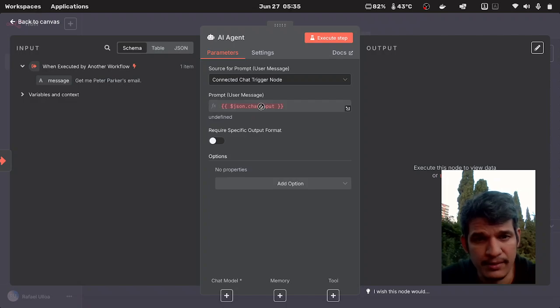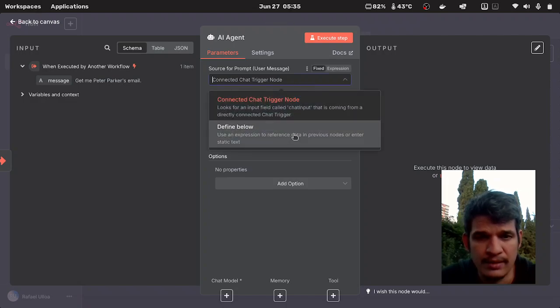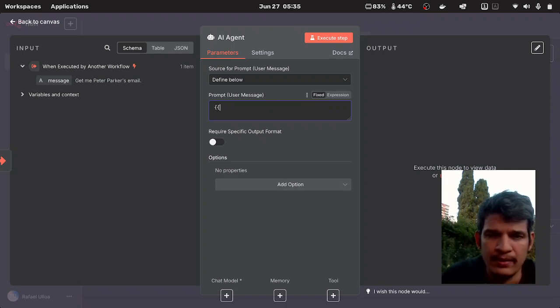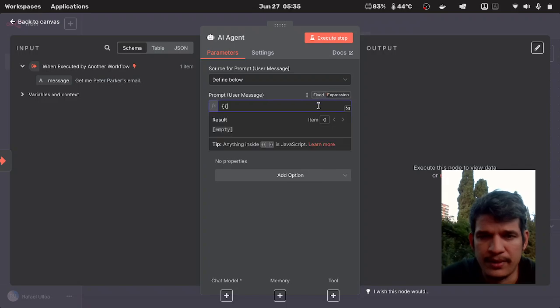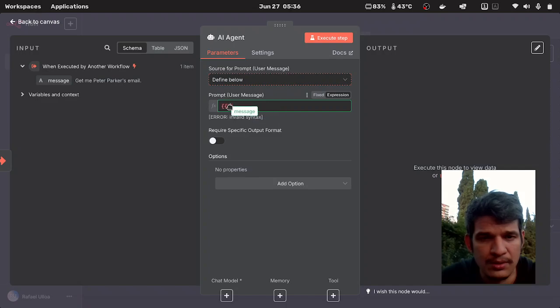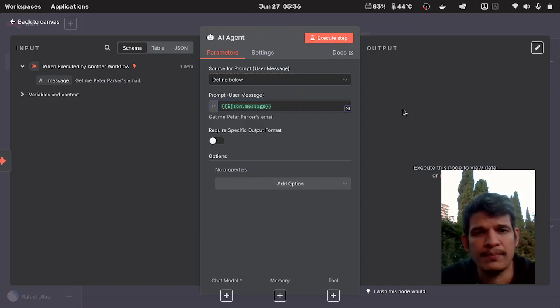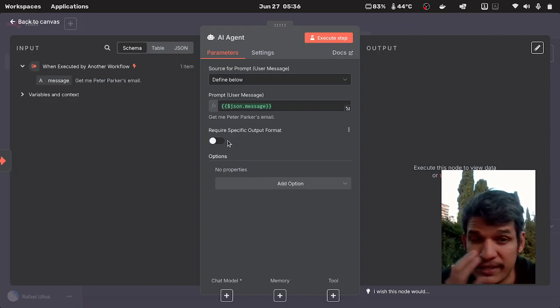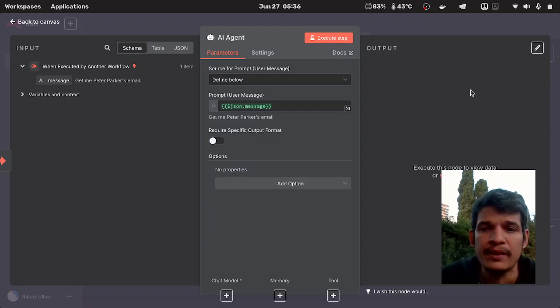For this, the only thing that we need to change here is define below. We're going to set it manually. I'm going to change it to expression so that it can accept variables. And we're going to go with message. There we go. Now we've placed the variable onto the input, so we can ensure that the AI agent is going to be able to receive the message, and so it can then make a decision about what to do next. As you can see here at the bottom, there are 3